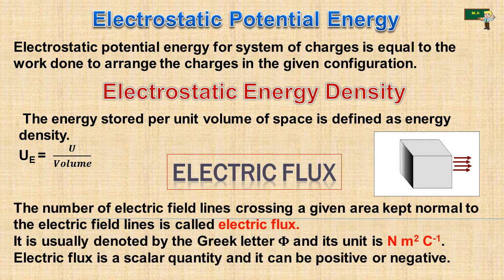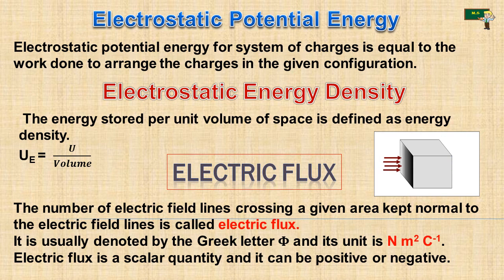Next one, electric flux. What do you mean by the electric flux? It's a very important one. See, let us consider this as a rectangular box. Sometimes a lot of electric field lines move through this, and we will take only the electric lines which pass through this rectangular box, which is called electric flux. The lines move into the box or a certain area. Likewise, in this picture, you can see the lines moving into the box and coming out straight.